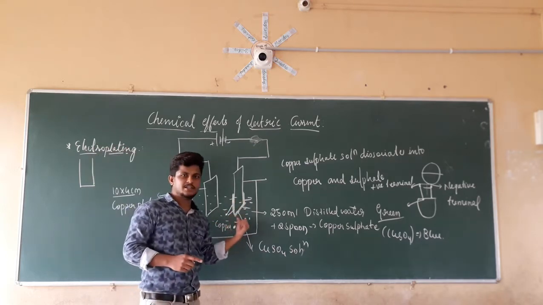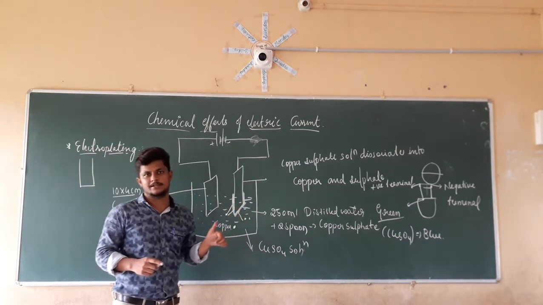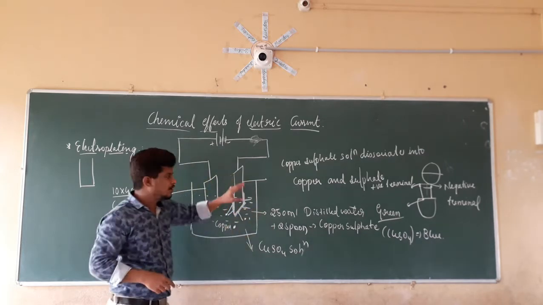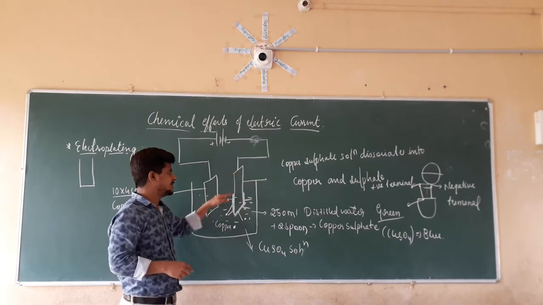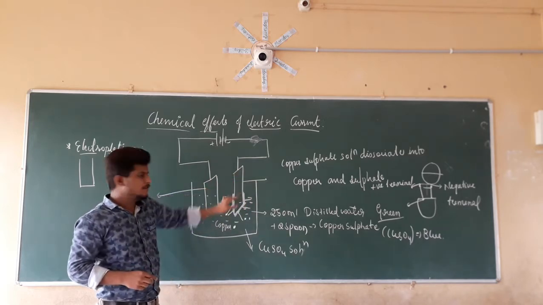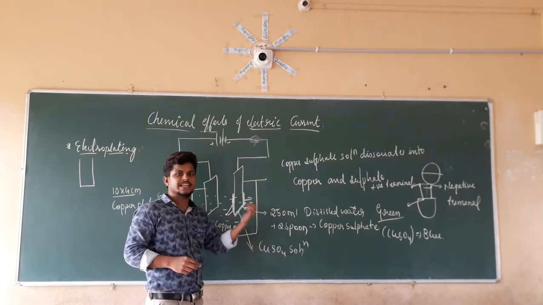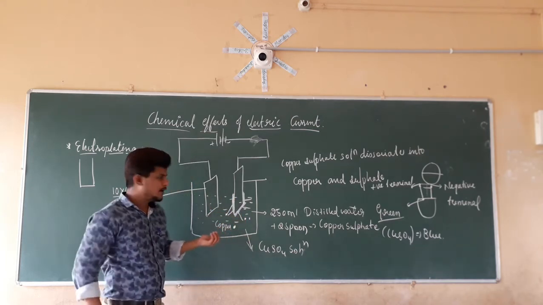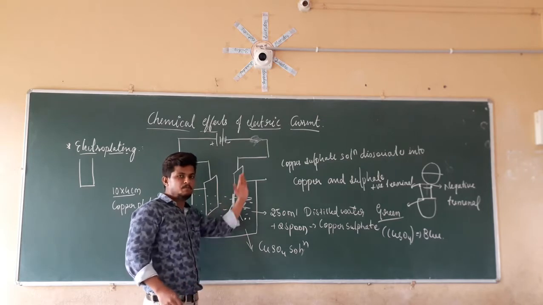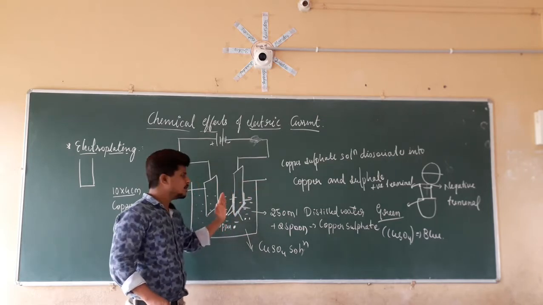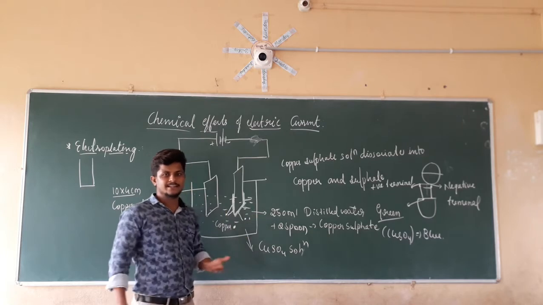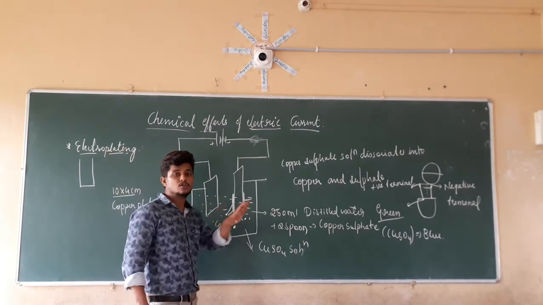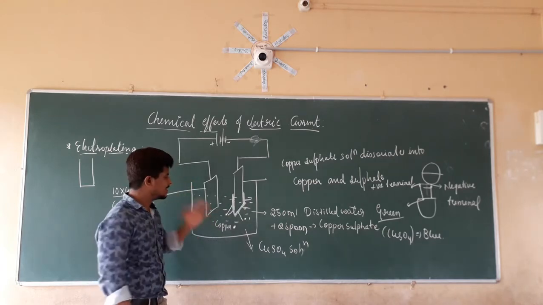So this deposition is known as electroplating. We are going to have a plate on this already mentioned electrode or already mentioned substance. On that substance we are adding another substance by using the electricity. We are coating that substance by using the electricity. By that reason it is going to have a plate on these things, or deposition on these things. For that reason it is known as electroplating. I hope this is clear.